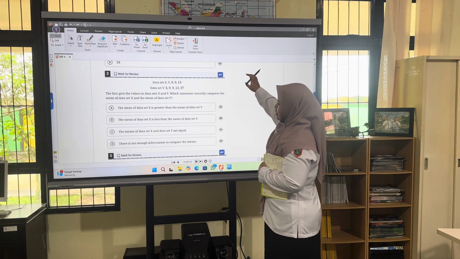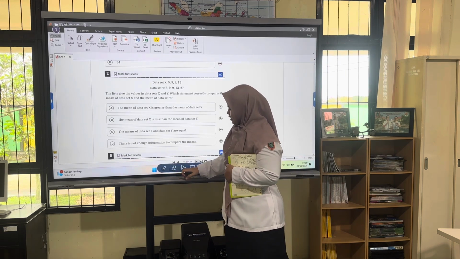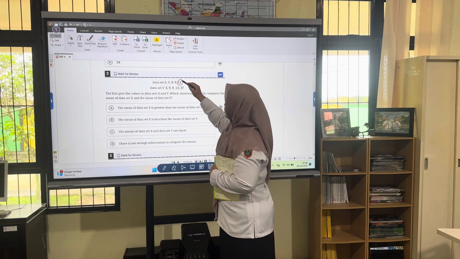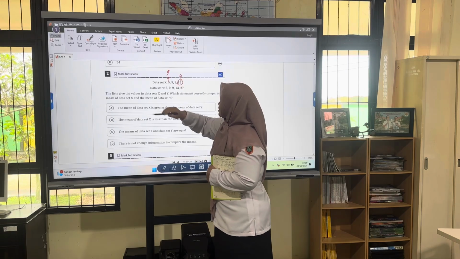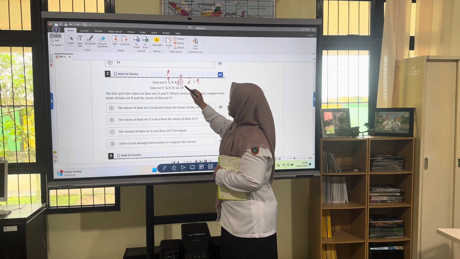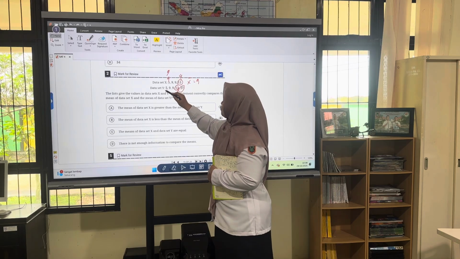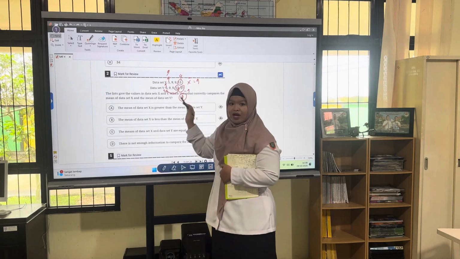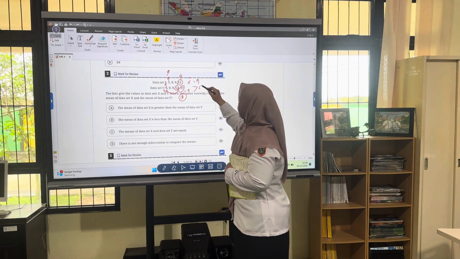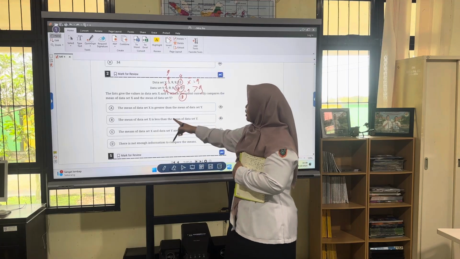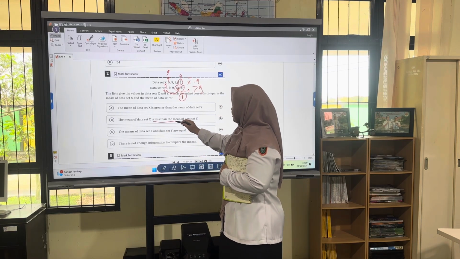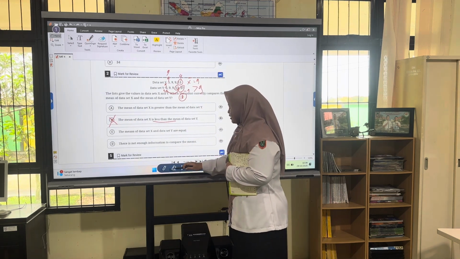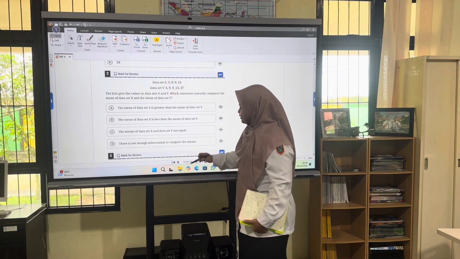For the second number, just read the statement first. Sometimes you don't need to calculate everything, because in this information you have an addition of 4, so you can add this 4 and it is 9. So this is the mean, it's equal to 9. This one is the same, you add 4, there will be 9. So this is minus 9, there will be 18. So 18 divided by 5 is still greater than 9. So you can see the mean of the data set of x is less than that. So the answer is very clear without calculating the means. Okay, so now we will continue to the next.